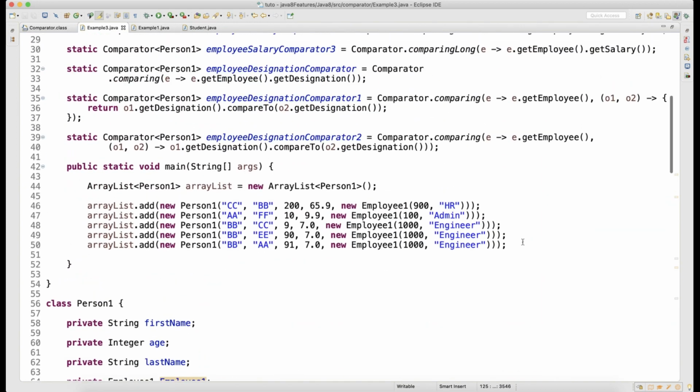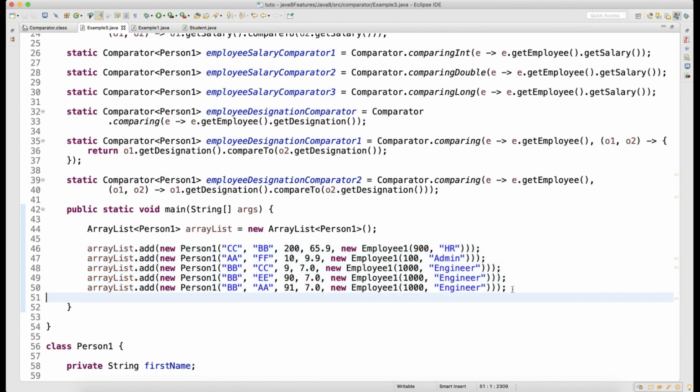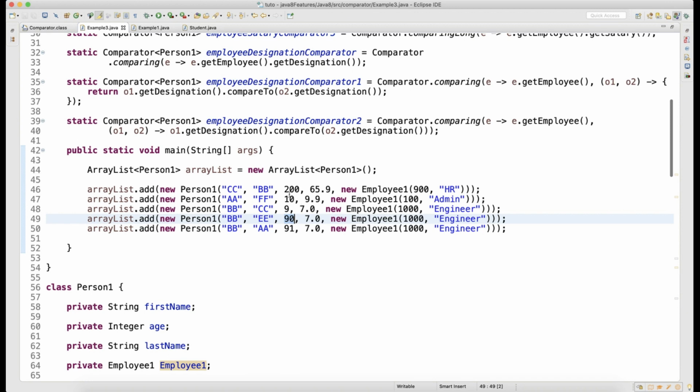Now if you look at my records in the ArrayList, I have added some duplicate records. I have duplicated the first name, but my last name is not duplicate, as well as the age of the person, which is not duplicate.